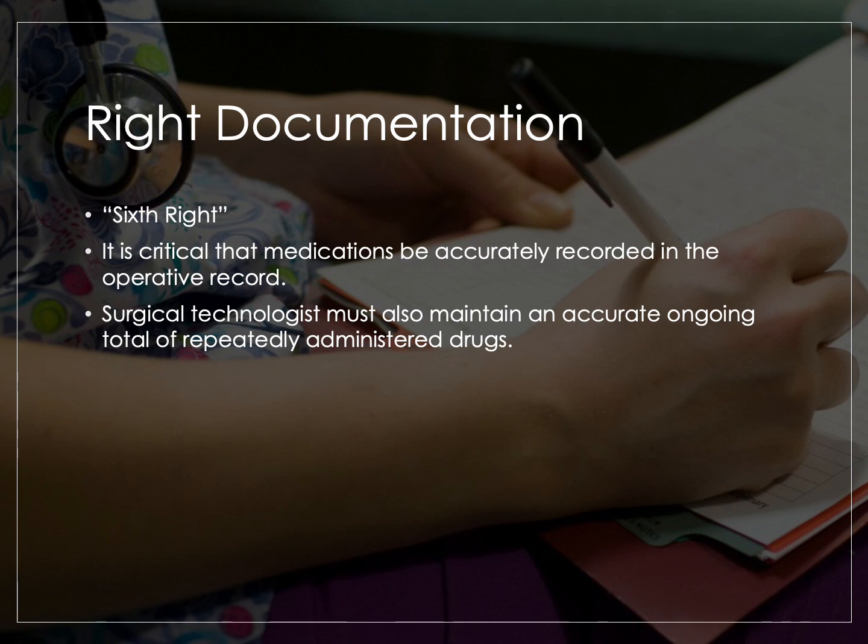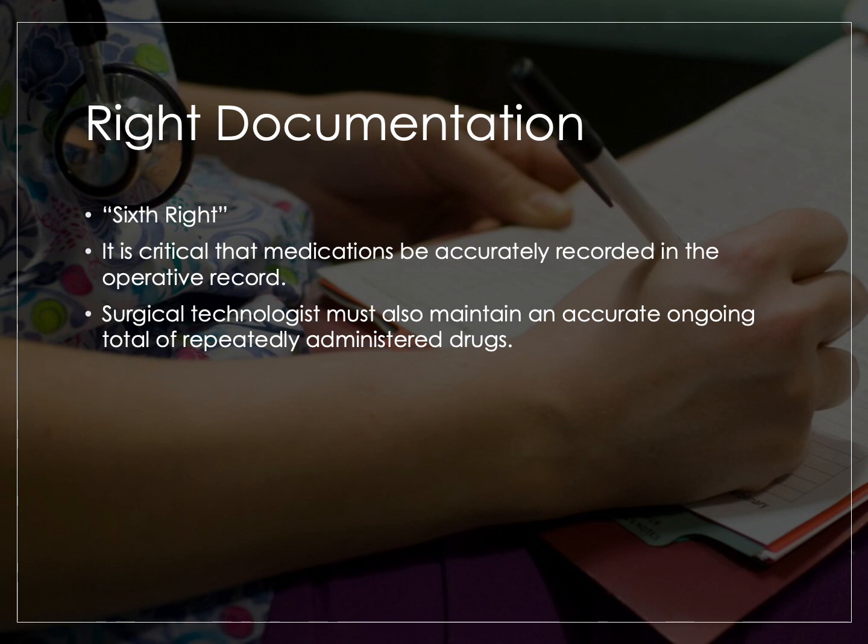Traditionally, there were only 5 rights. Remember, we said the 5 rights. However, it's also equally important that the type and amount of each medication used is documented on the operative record. So, it's the responsibility of the surgical tech to keep track of the amount of each medication that is used on the sterile field. Some medications the surgeon will maybe only use once,